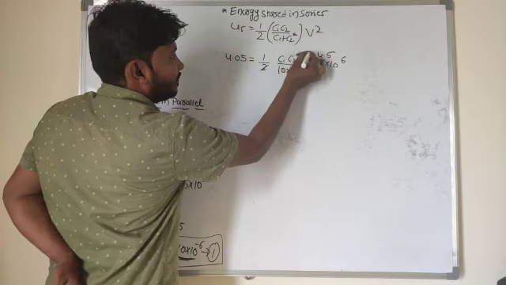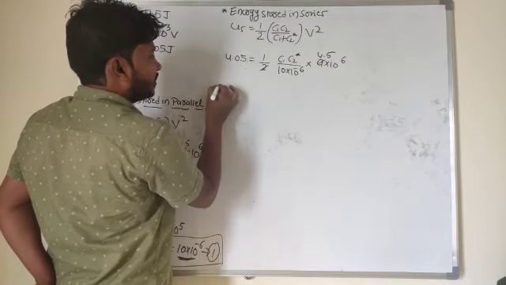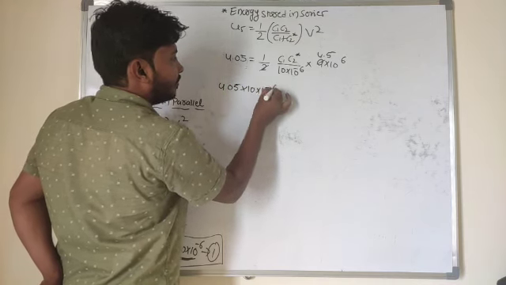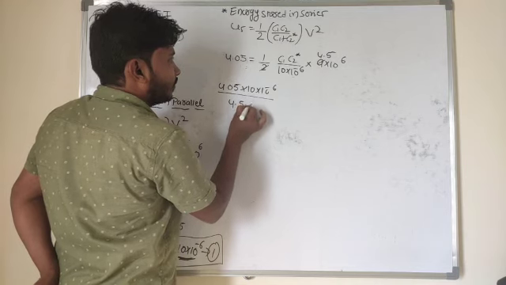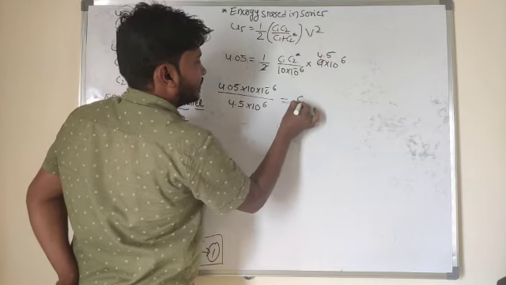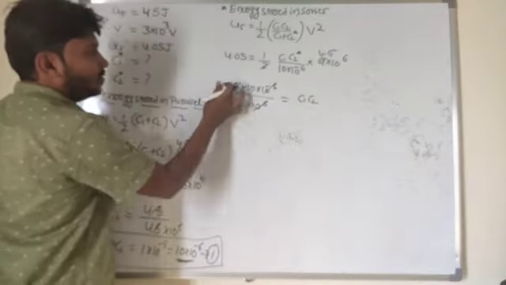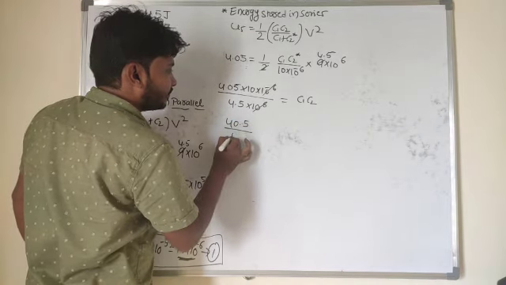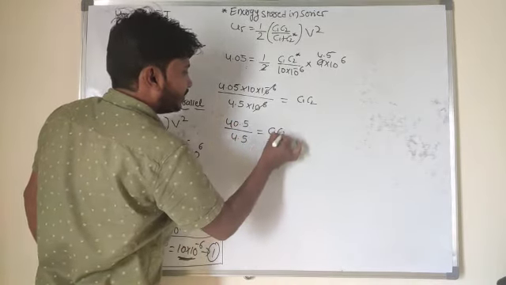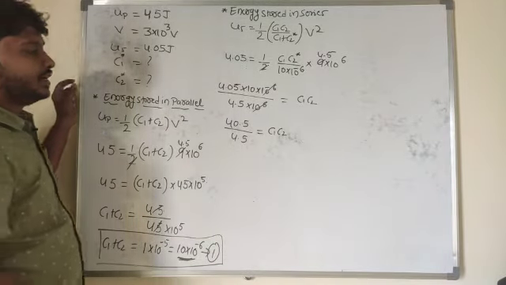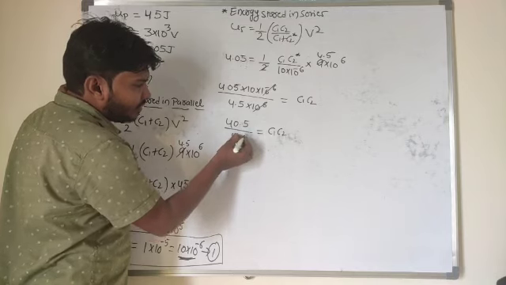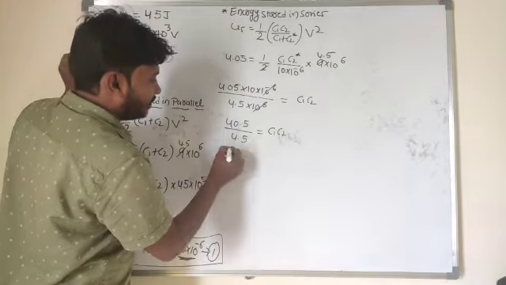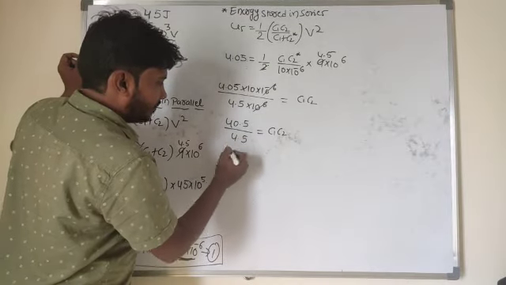So first let me find out that C1 into C2 value here. 4.05 into 10 into 10 to the power of minus 6 divided by 4.5 into 10 to the power of 6 here. It is equal to C1 into C2. 4.05 into 10 is 40.5, divided by 4.5 here. So what is that answer here? 40.5 divided by 4.5 here. So if you divide by that of 5 here, so you may get that